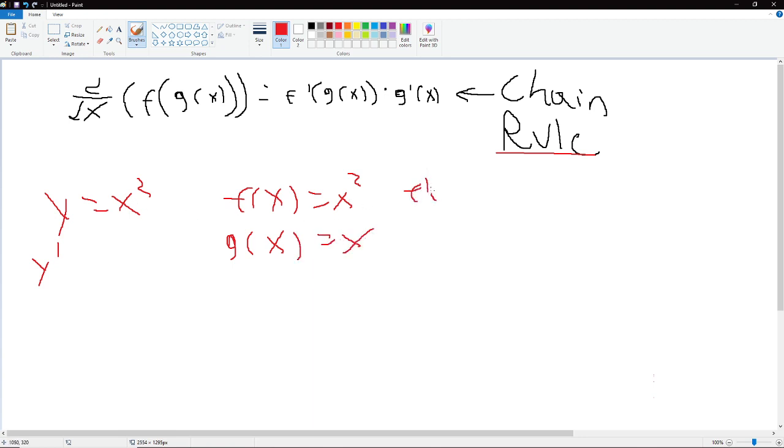then f prime of x is going to equal 2x, and g prime of x is going to equal 1. So then if you plug in these rules, you get f prime of g of x, which is just going to be 2x, multiplied by g prime of x, sorry, there's supposed to be a prime there, which is just 1, multiplied by 1, we get that the derivative of x squared is just 2x, which we can also get using our power rule. So yeah,